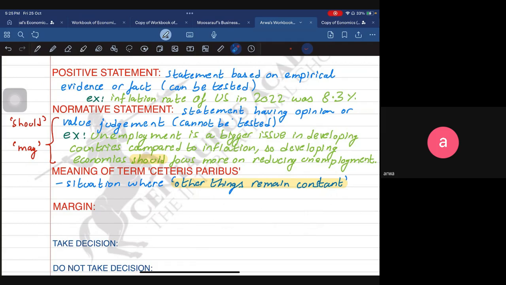Okay, when we are talking, a margin has a lot of different meanings and a lot of different definitions. But when we consider economics, the main focus is on the cost or the benefit you will receive from doing something or from the next unit that you are going to produce. So that is basically an economic decision. So economic decision makers